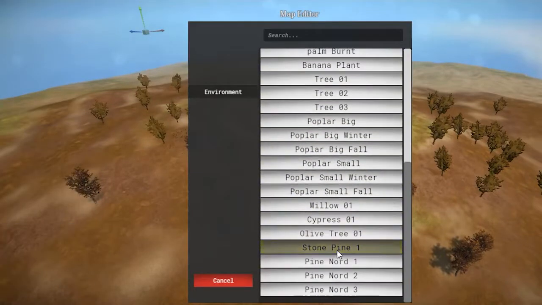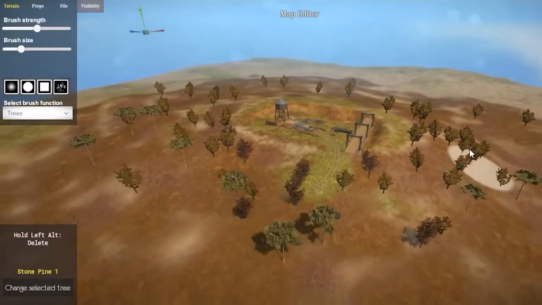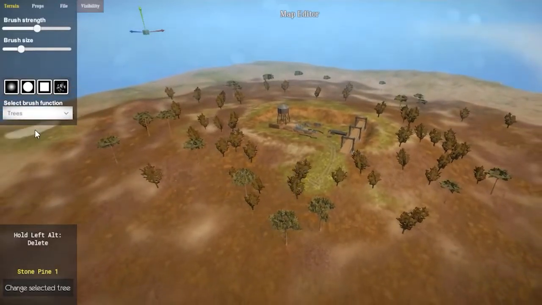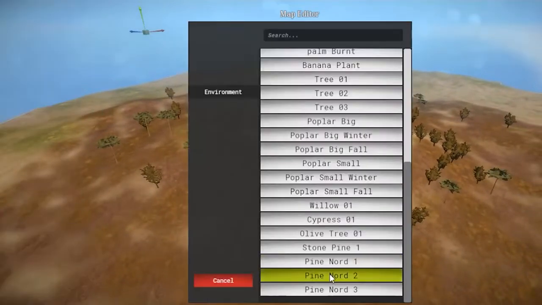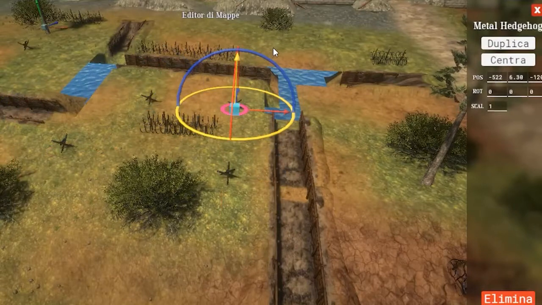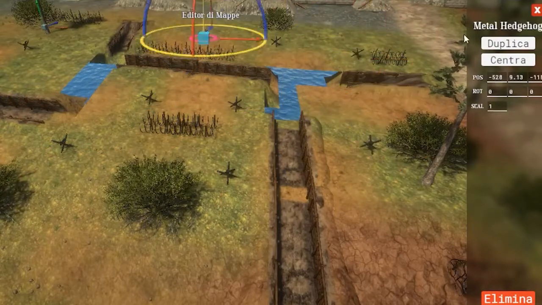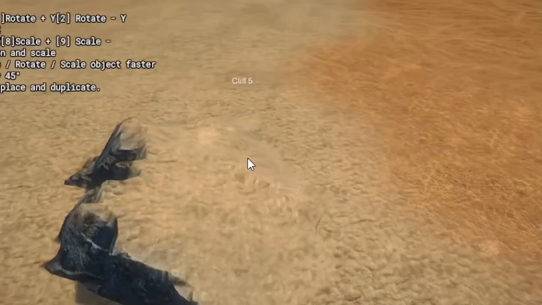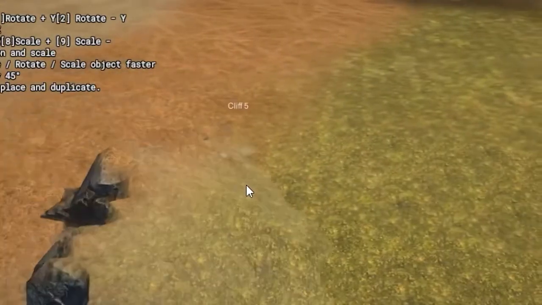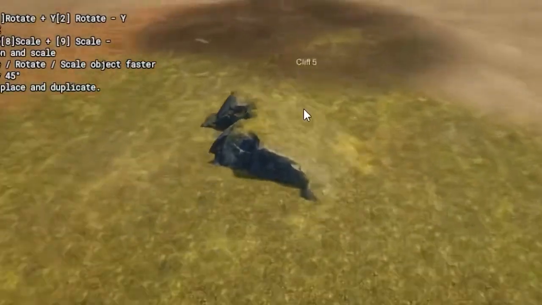That would probably speed up the development of maps. Because when you're trying to build the, what are they called, the hedgehogs, you have to place them one by one or copy them. But if you want to put a whole field of hedgehogs in the water, you could just select a group and paste them. Yeah, I think so.